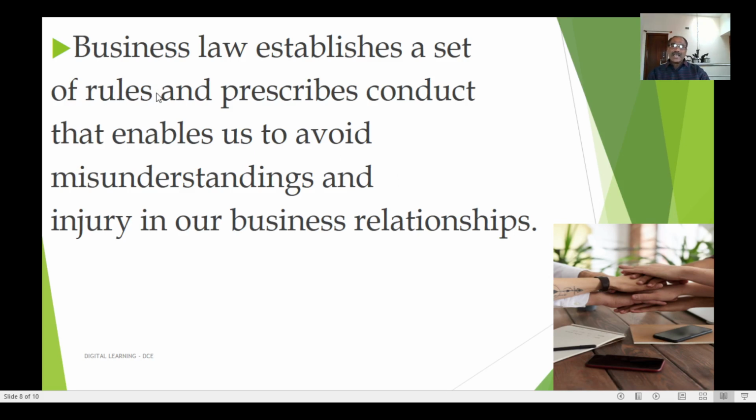And business law includes not only law relating to business itself; as a businessman he has to observe the laws relating to different activities. Take for example the Negotiable Instruments Act. As a businessman he should have knowledge about negotiable instruments, that is cheque, demand draft and promissory notes. If he has no idea about negotiable instruments, then he will face many difficulties.